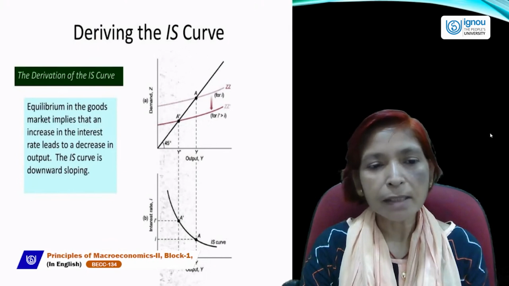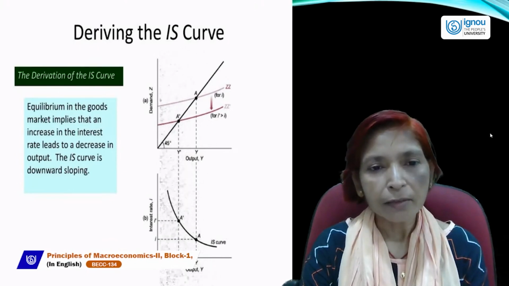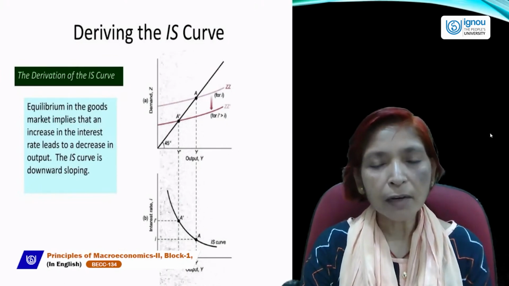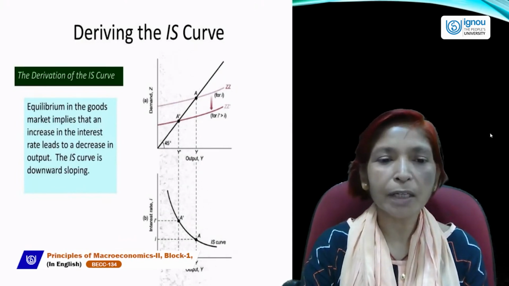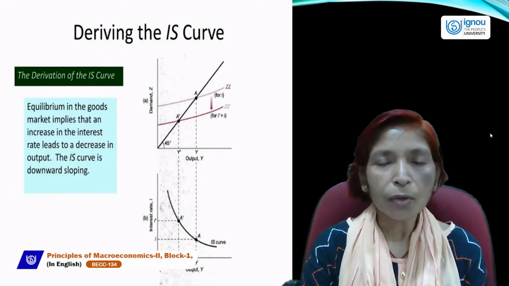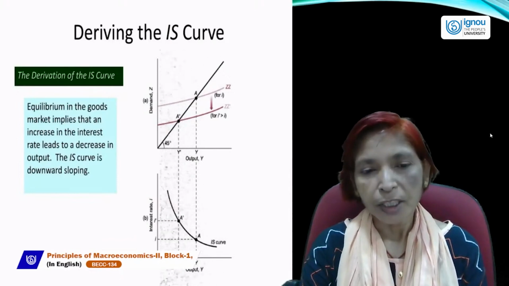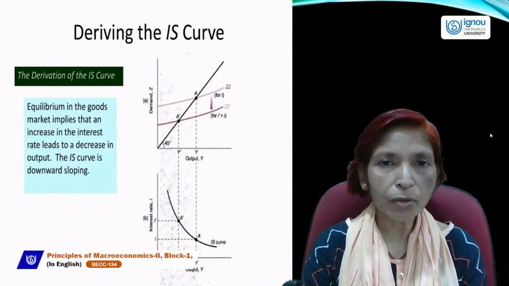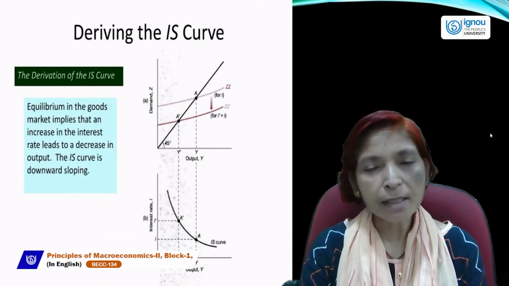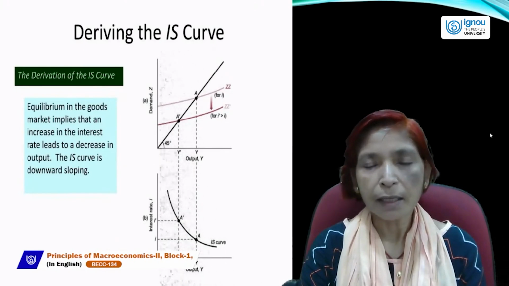Next, in this diagram, the first diagram is showing the 45-degree line, which shows the aggregate supply line or aggregate supply curve. This curve is always a 45-degree line because it shows a direct and proportionate relationship between income and output. If income is zero, then output will be zero. As income rises, output will also rise by the same ratio, or proportionately. That's why this line is always a 45-degree line. This line shows the aggregate supply line.